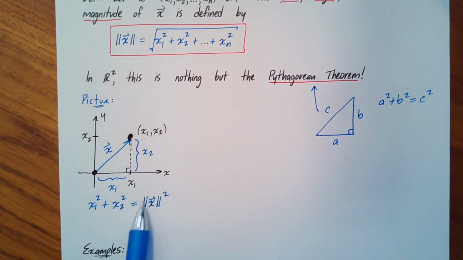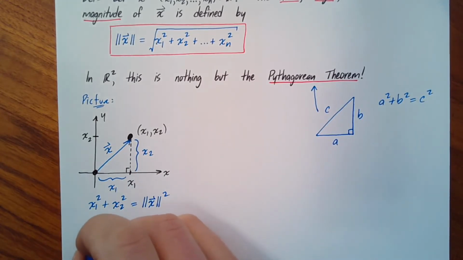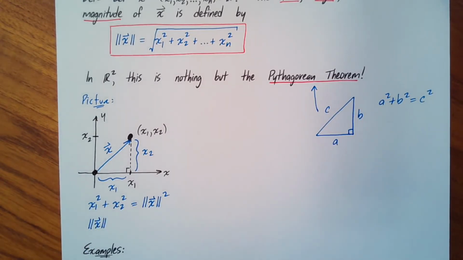So if you solved for the norm of x, you'd just take the square root of both sides. And if I write it with the norm of x on the left-hand side, I'd get the norm of x is equal to the square root of x1 squared